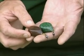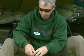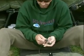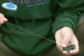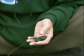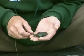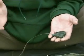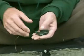Other leads in the Richworth range are the inline leads, and these are one of my favourites, because the bane about using inline leads is obviously you've either got to tie your tackle up when you get there, or you've got to leave the lead on the rod, which is not a good idea because they'll bash into your rods and they could damage your rod, which is not what you want to do. And the beauty of these leads is because of the slot,